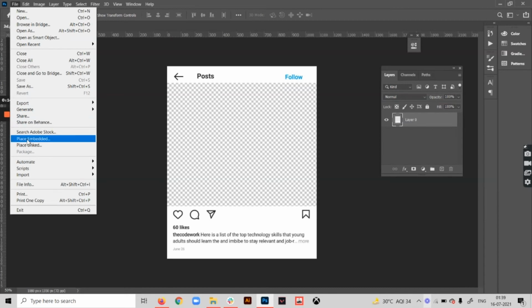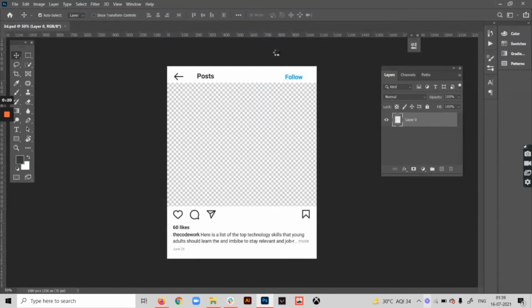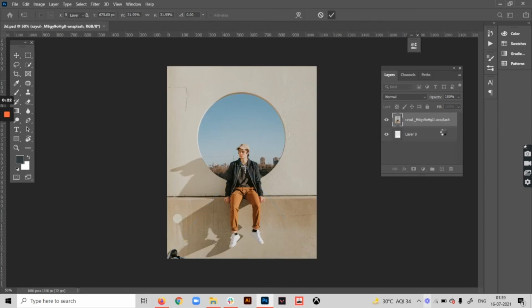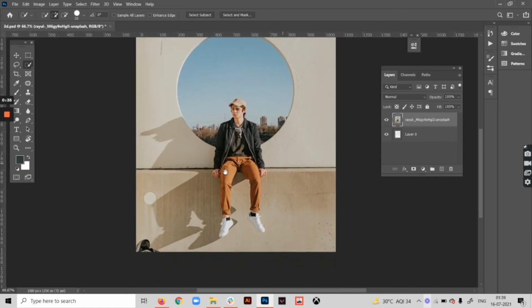So I'm going to place my subject here. Rasterize this and just select the subject, that is the guy from this. I'm going to detach it from the background because I want some other background to be here.